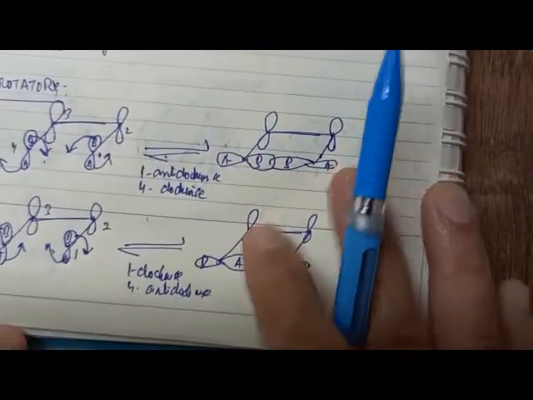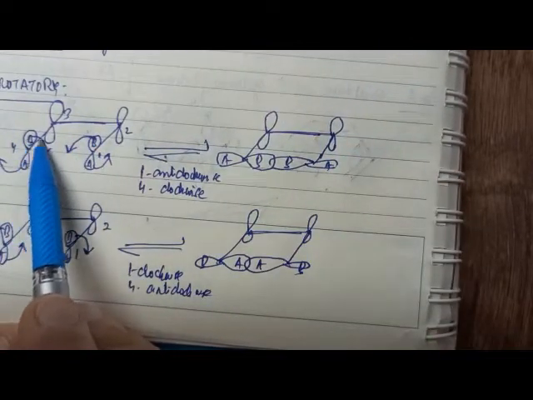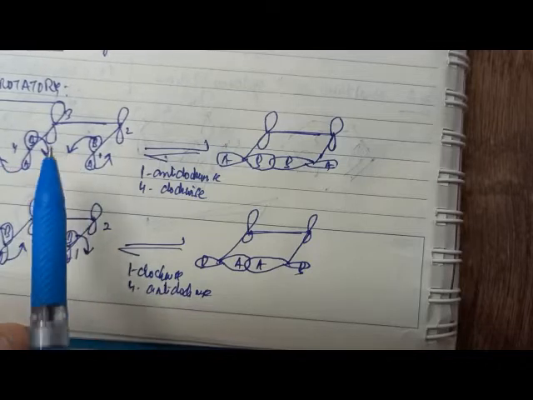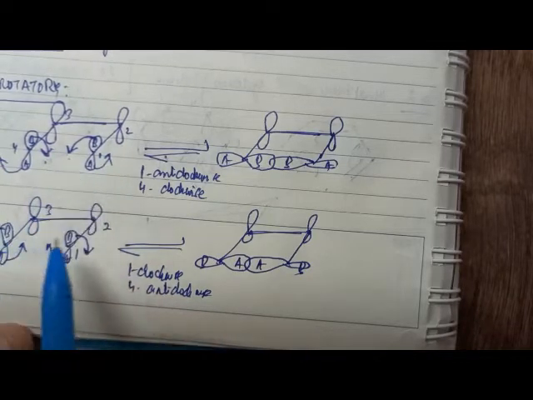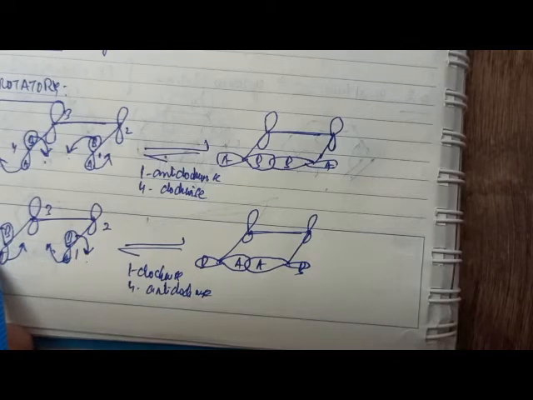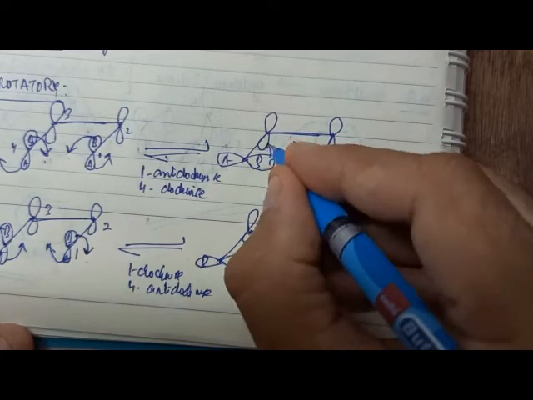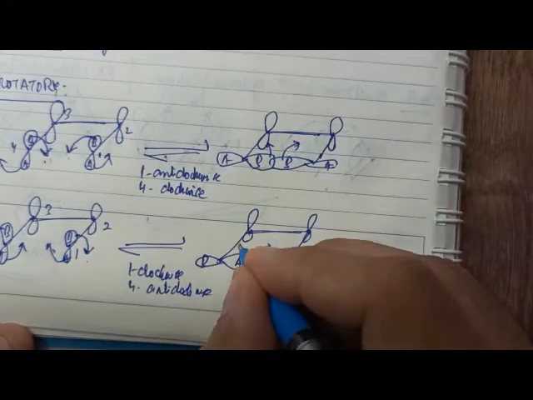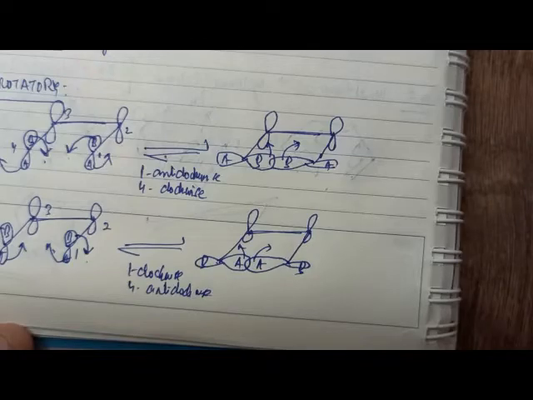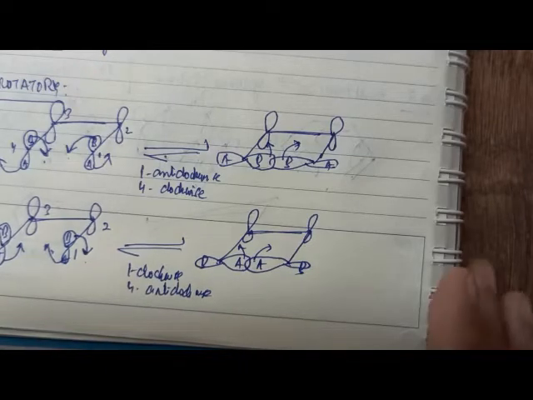And conversely, if both lobes are moving in opposite directions, if this is anti-clockwise, this is clockwise. If this is clockwise, this is anti-clockwise. Then this kind of a ring closure is called disrotatory. Similarly, if lobes move in this direction, lobes move in this direction, this is all the disrotatory mode of ring opening and closure.